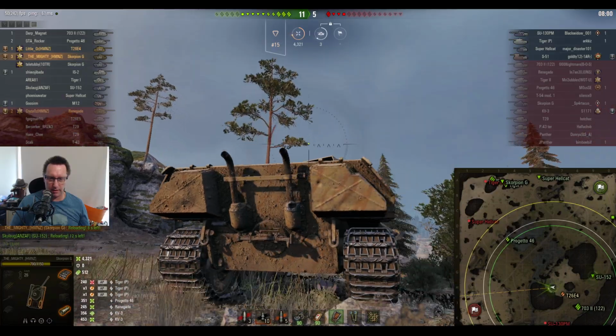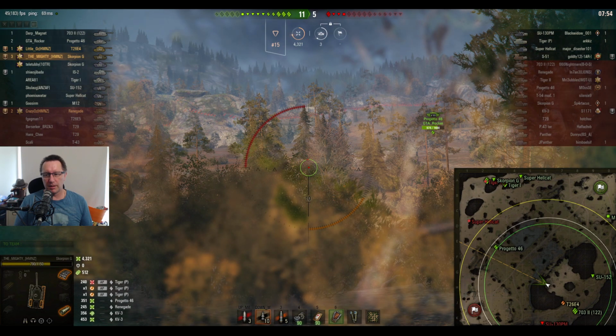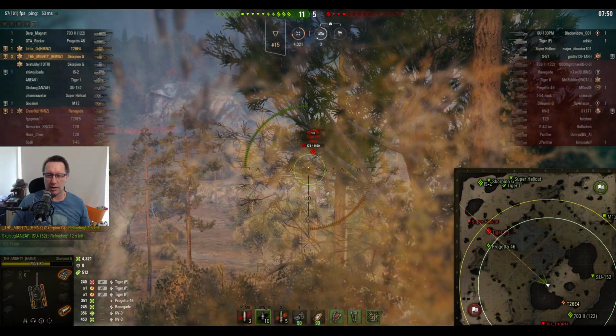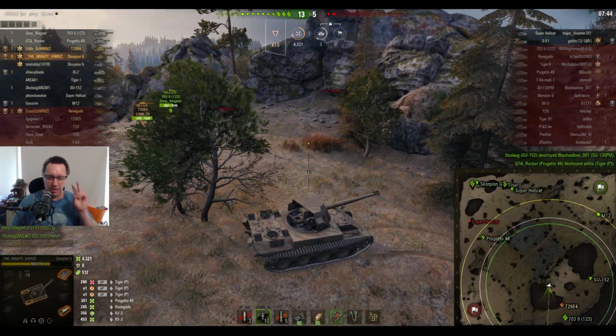Can you see it there? There it is in the right hand side exhaust pipe. TheMighty though is confident that he's no longer spotted because that Tiger P was last spotted up here at A2 where the IS2 is. There's the Tiger P on 173 hit points. He'll be licking his lips saying you're guilty, but the Progetto picks up that kill and that just leaves 2